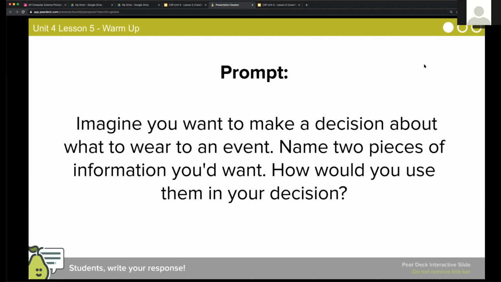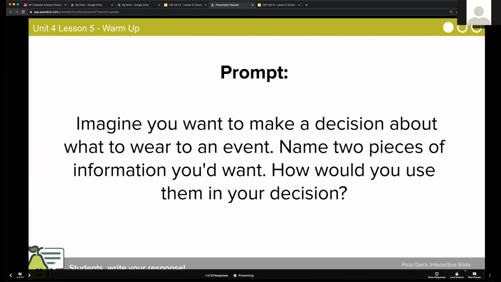So before we actually talk about how we make decisions in code, I want you to think about how you make a decision in everyday life. So if you would go to your Pear Deck